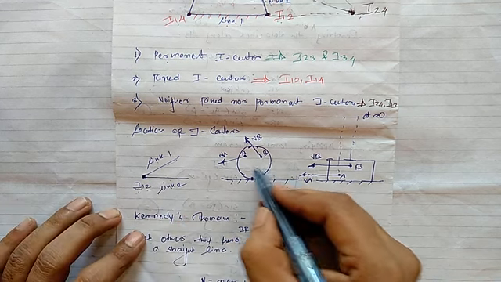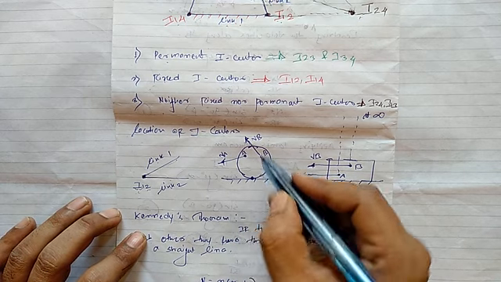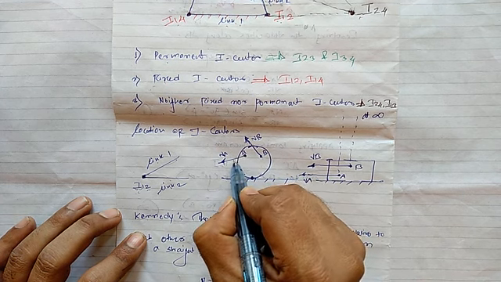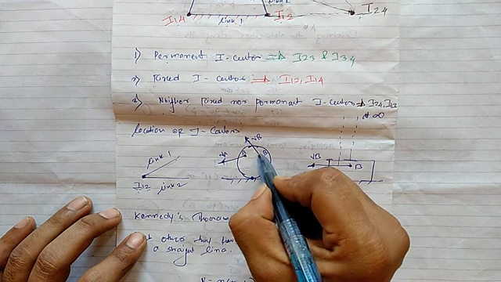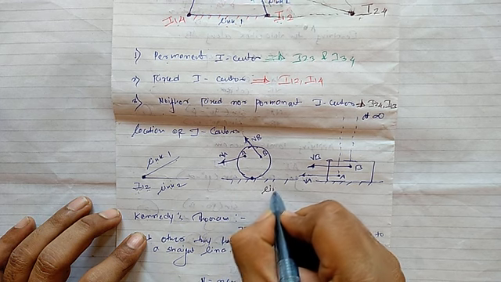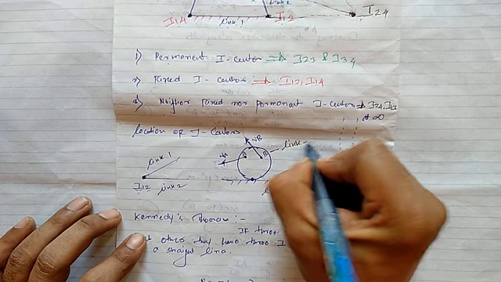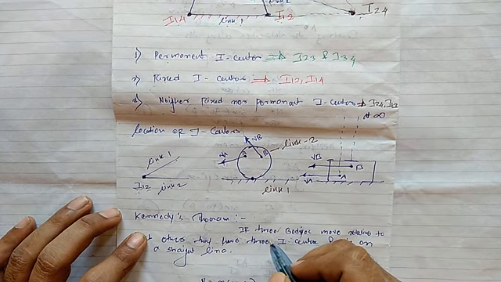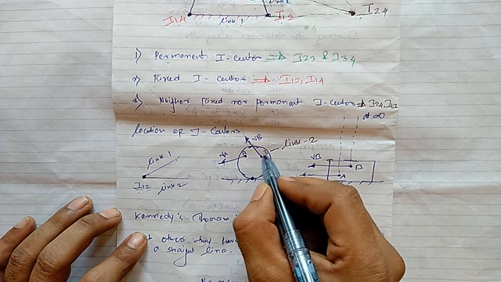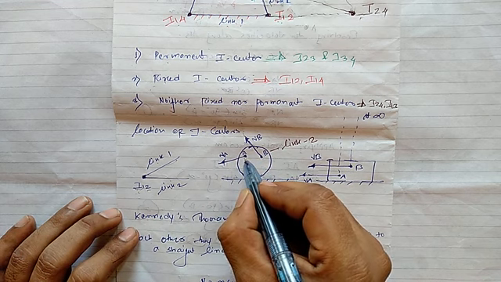Now consider there is one rotary member, in the sense that a disc is there. On that disc there is a point A, and here is point B. The linear velocity of point A is moving in this direction, and point B is moving in this direction. Here link 1 is fixed, and this disc is link 2. Now I want to determine the instantaneous center of VA and VB.